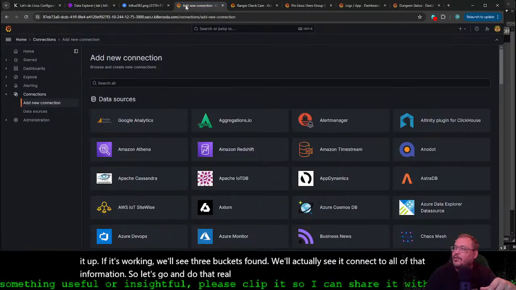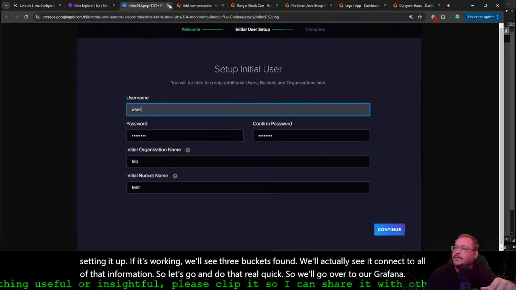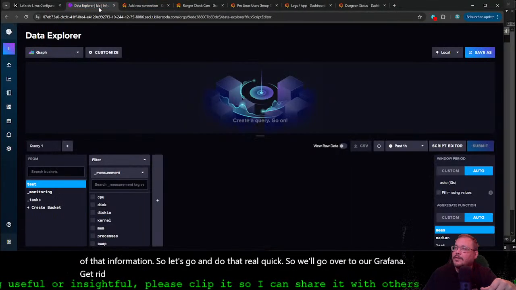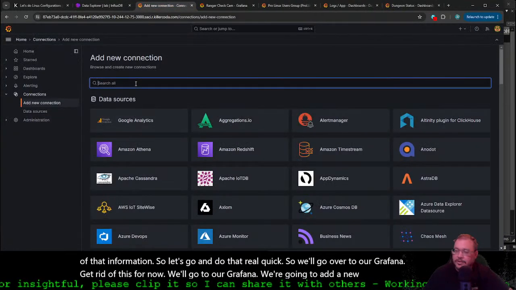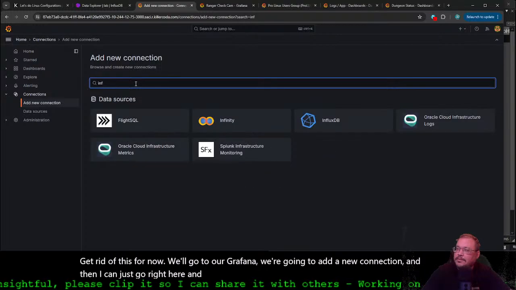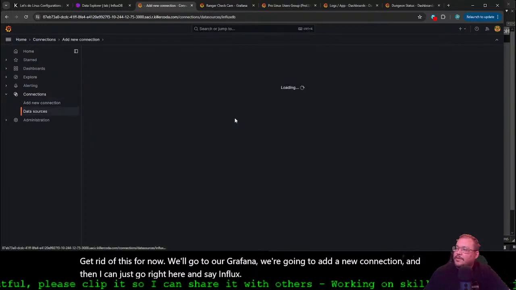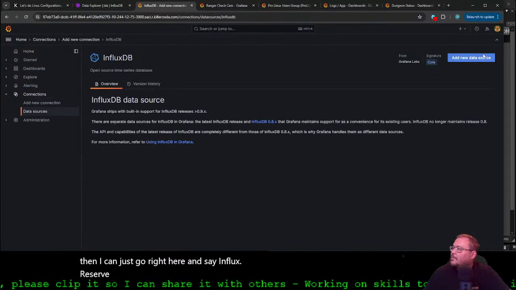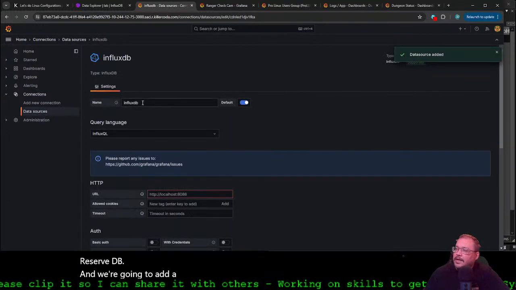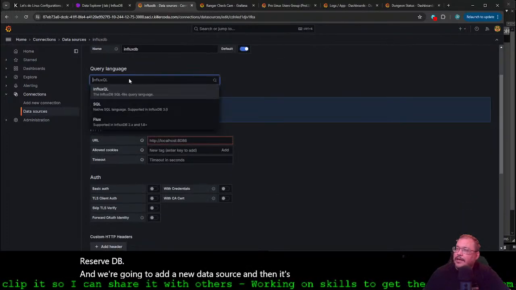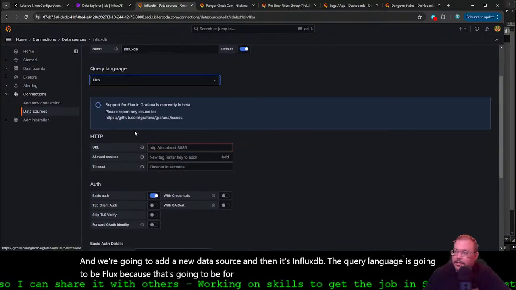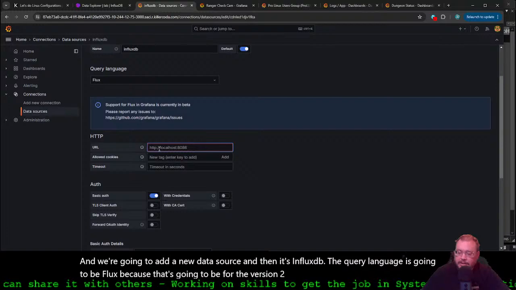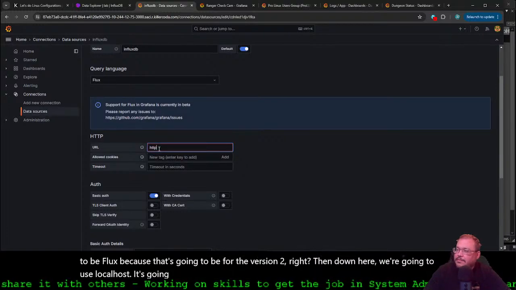So we'll go over to our Grafana. We're going to add a new connection, and then I can just go right here and say Influx. Here's our InfluxDB. And we're going to add a new data source. The query language is going to be Flux, because that's for version 2. Then down here, we're going to use localhost.